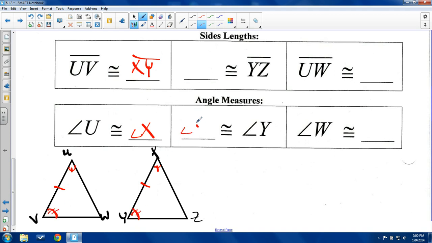I know this is kind of like duh at this point, but just roll with me here. VW must be congruent to YZ. Angle W, take a guess, shot in the dark, angle Z. And finally, UW is congruent to XZ. Now the reason behind this is called